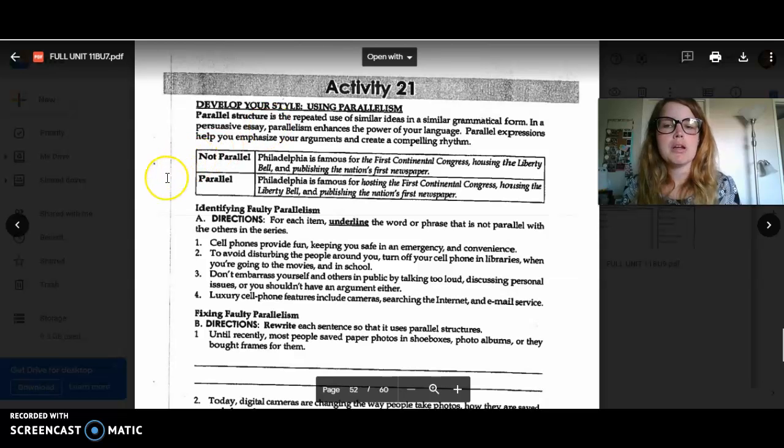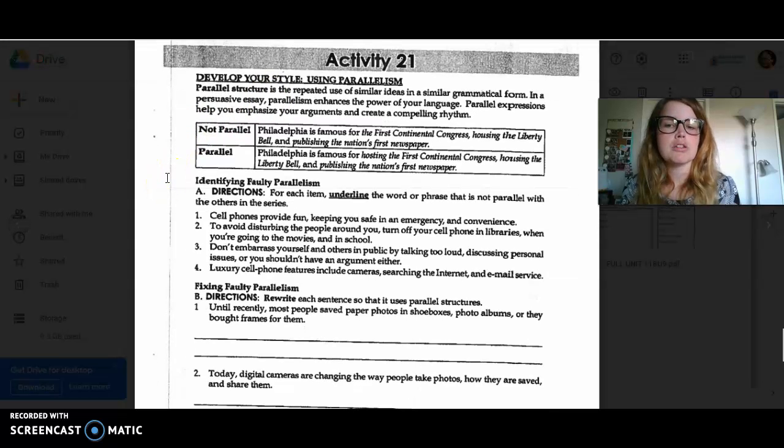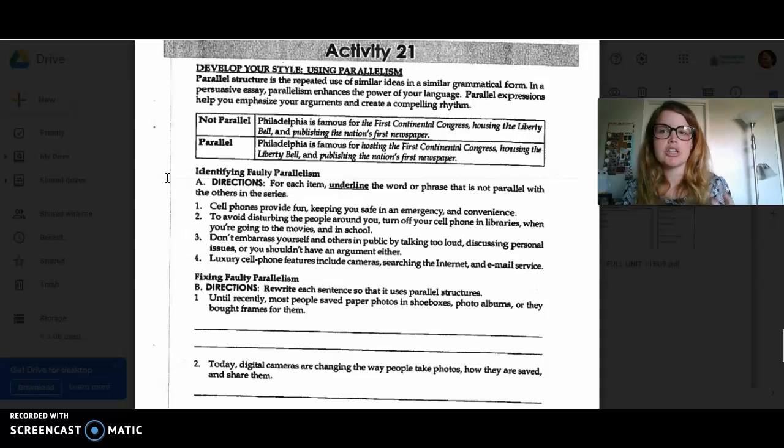Develop your sense of parallelism. So parallel structure, remember, is repetition of grammatical structure. So a dog barked, the cat meowed. It is the same sentence grammatically, but different words. A and the are both articles. Dog and cat are both nouns. Barked and meowed are both past verbs. So same sentence, different